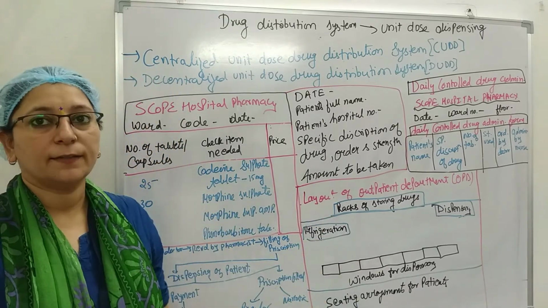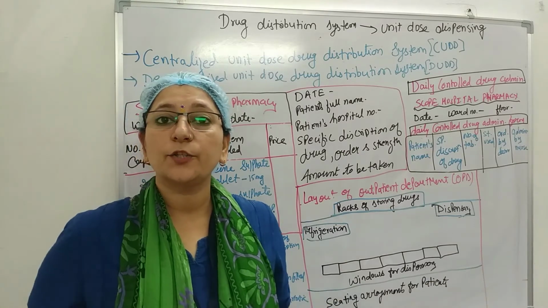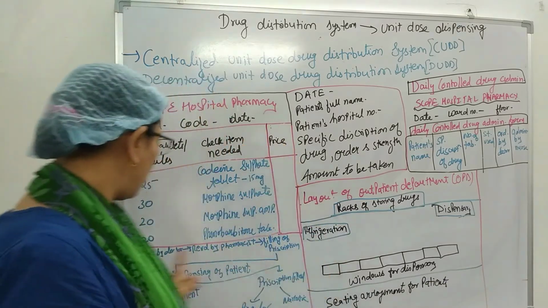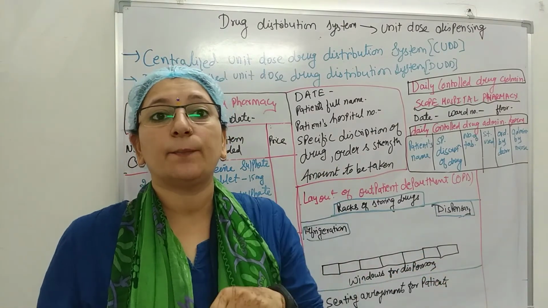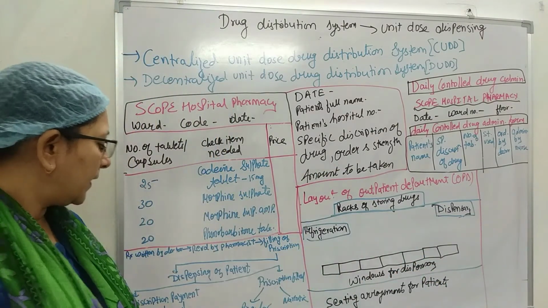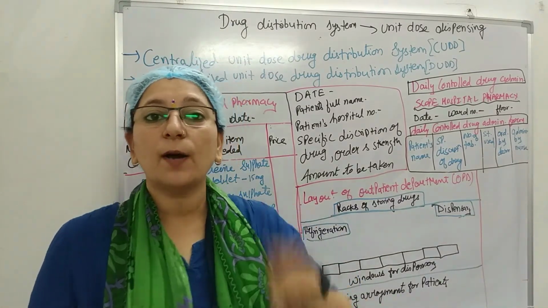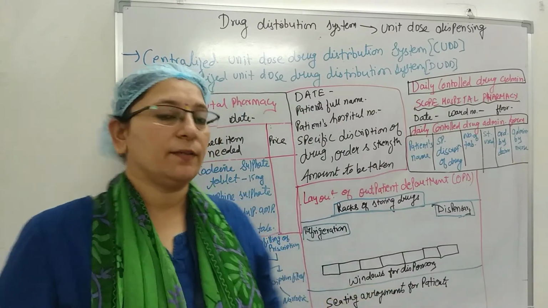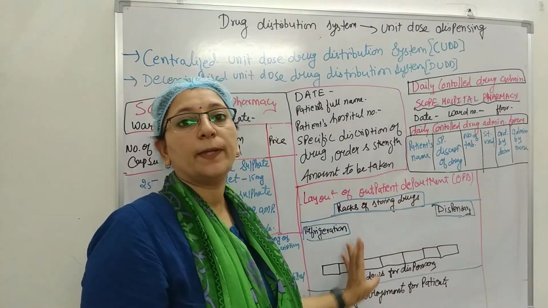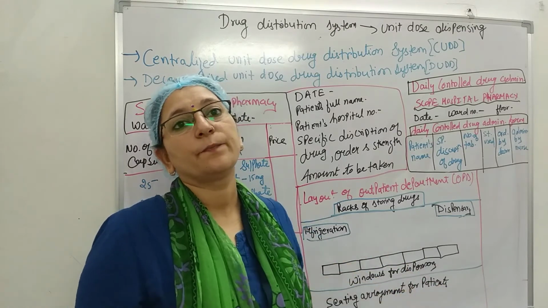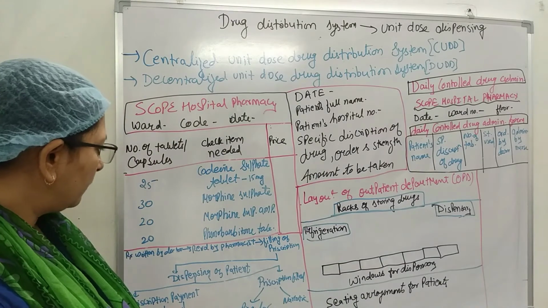Now, drug distribution to outpatients: no medicament should be issued without a prescription. So, a prescription should be there. After the issue has been made, the quantity supplied must be recorded. Everything is recorded. Medicines are given to the outpatient from the pharmacy situated in the outpatient block. Medicine should be given to the outpatient from this pharmacy, which is present in the outpatient block.